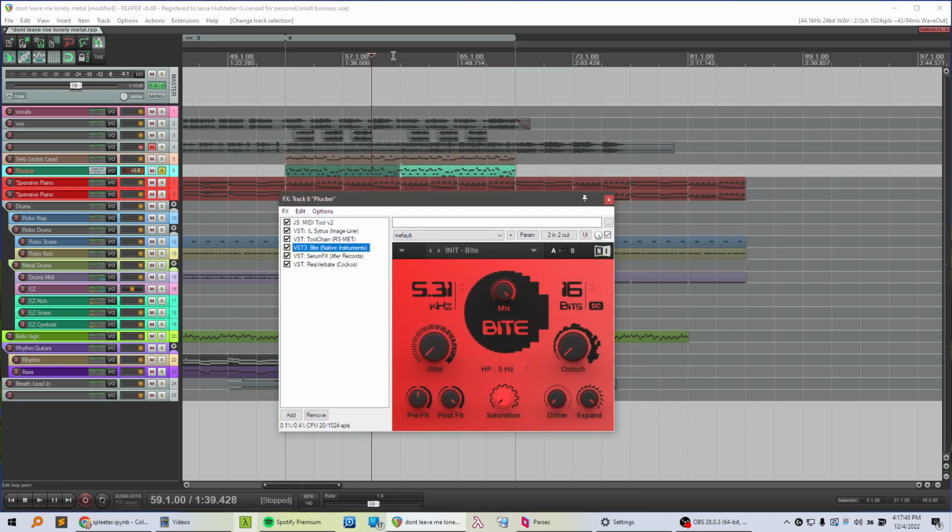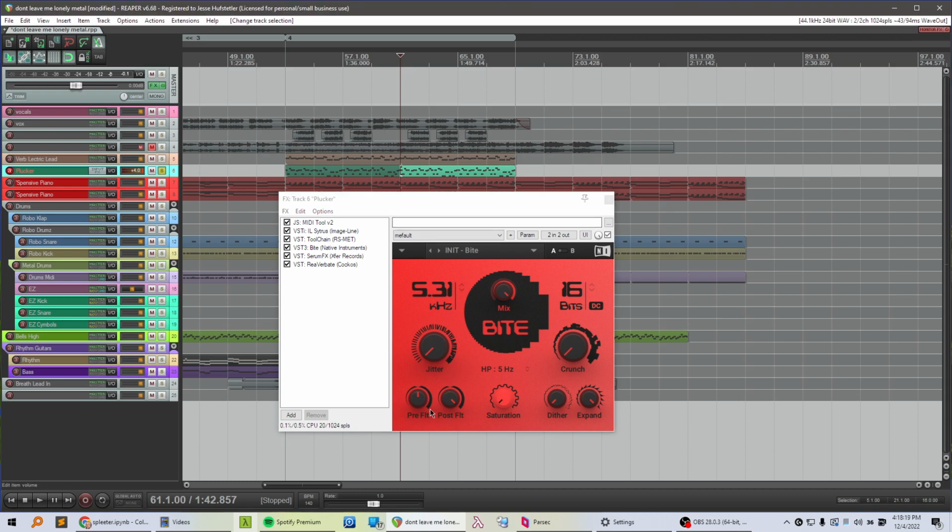Here, I'll just demonstrate. Yeah, hear how you can smoothly do that transition? I do not understand what algorithm you would use to do that, but they figured it out, so it's pretty neat. I think that pre-fit should be, oh, that's fine like that. I don't know, it might sound better to turn that up.